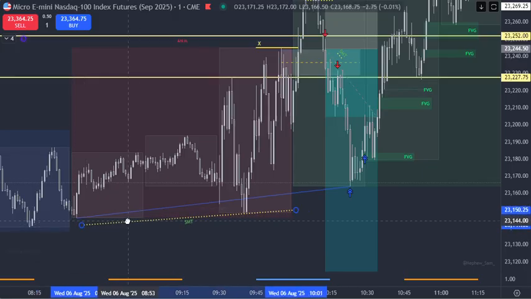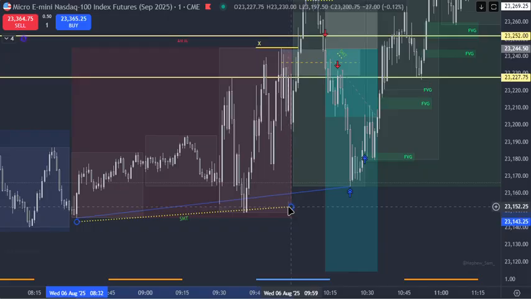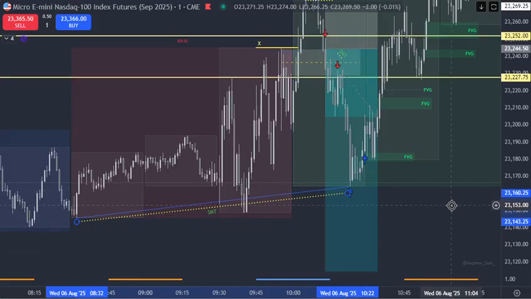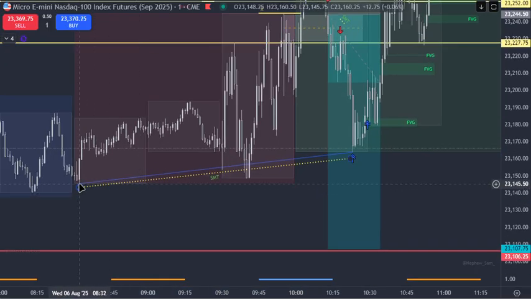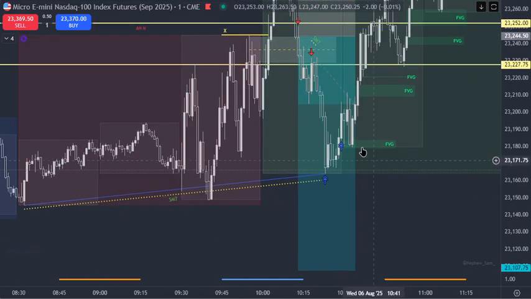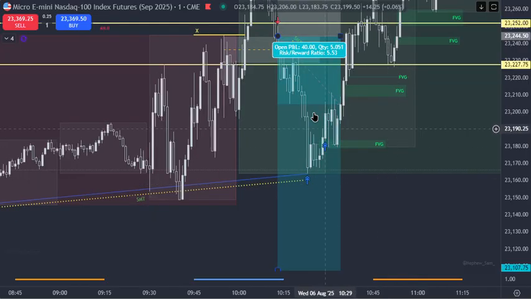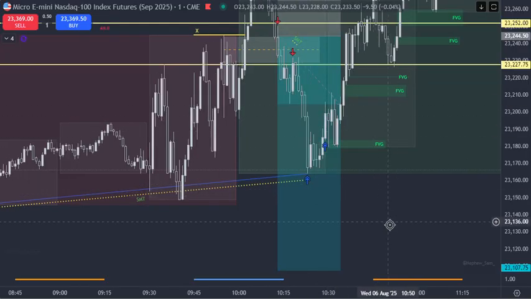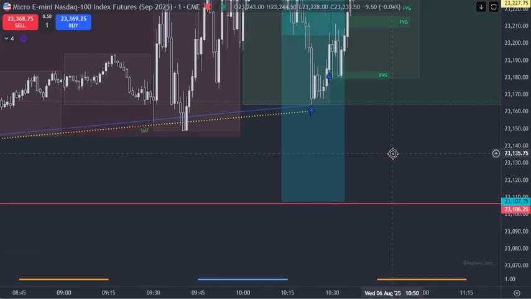We ended up getting SMT down here as well. So ES came and took these. Is it ES? Let me look at the where. Yeah, ES came again, took this low. So I was taking partials and I was moving my stop loss because if we were still bearish, remember, because